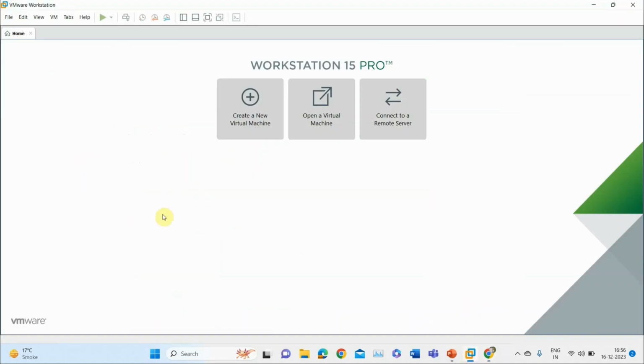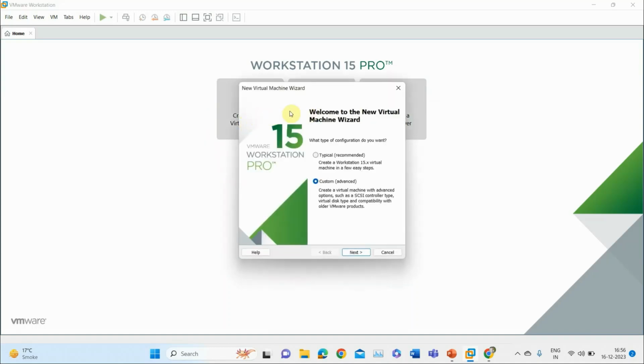After you install it, your VMware will look like this. To start the Windows Server installation, there are different options. You need to start with create a new virtual machine. You just need to tap on it. Windows Server 12 installation is simple. You just go with the typical, select the ISO image, and your installation will be done. But to install Windows Server 2016, you just need to select the custom, then click on